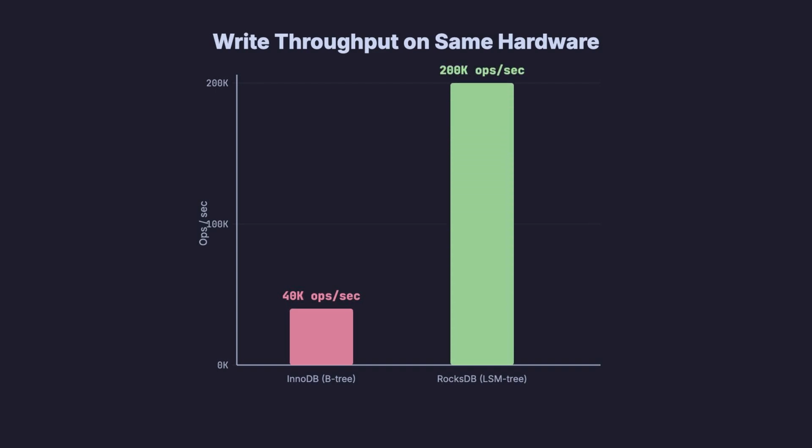Facebook's MyRocks moved from InnoDB to RocksDB for their social graph storage, and cut the storage footprint in half while drastically increasing write speed. But that speed came with a catch, and it shows up the moment you try to